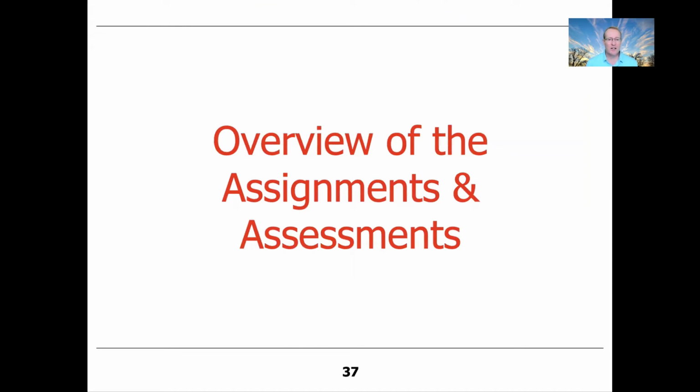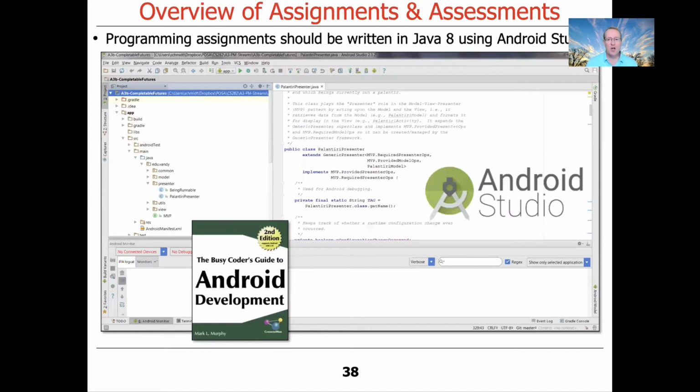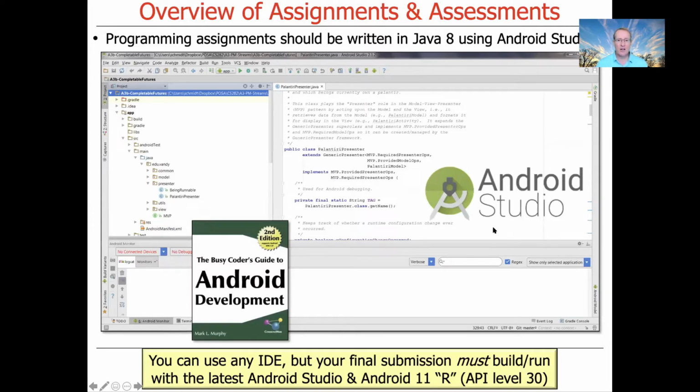Let's now switch our attention to talking about the assignments and the assessments for the material in this class. So all the material in the class should be written using Java, and particularly Java 8, using Android Studio. You can use any IDE you want and any version you want if you want to, but you have to make sure that your submissions work properly and pass the tests with Android Studio, which the latest version, I'll talk about that in a second, as well as Android 11, which is API level 30, also called the R version